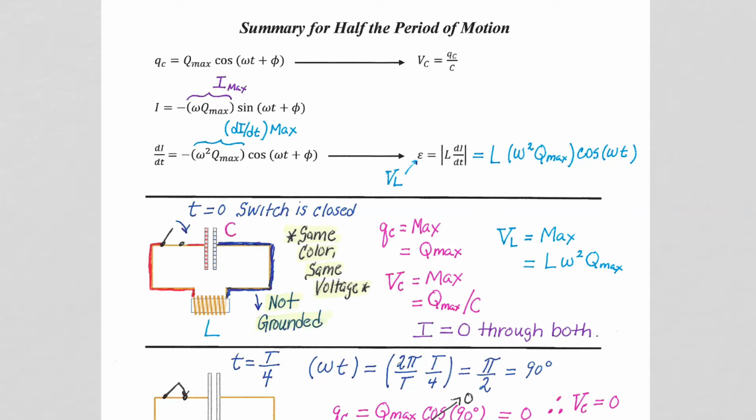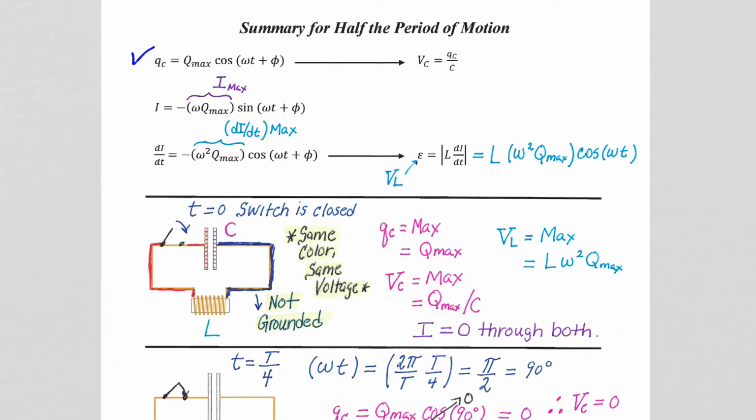In this lesson, we're going to go back and revisit the half period of motion, look at a summary of the half period of motion, but in more detail mathematically. So to remind us of our mathematics, we are looking at the charge on the capacitor, given by Qmax